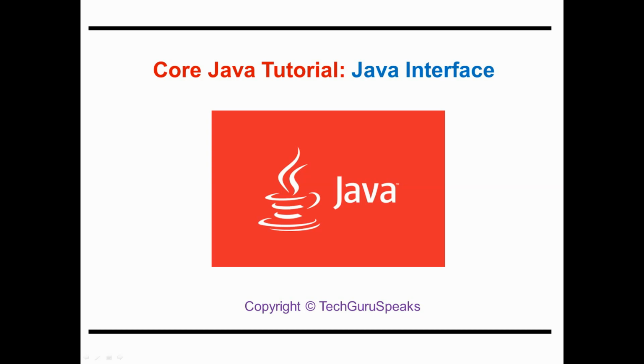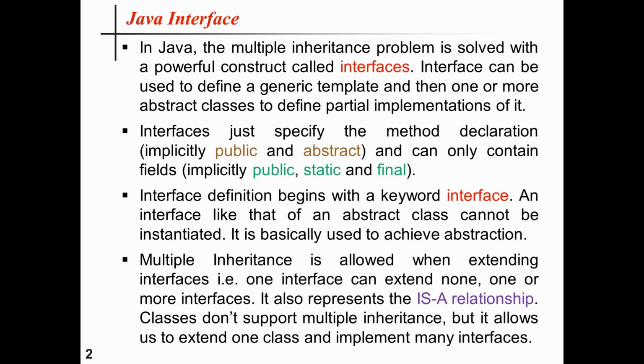Today I would like to discuss Java interface. We can think of a Java interface as a special kind of class which has static final fields and abstract methods. It is Java's answer to solve the multiple inheritance problem which basically occurs with respect to Java classes.